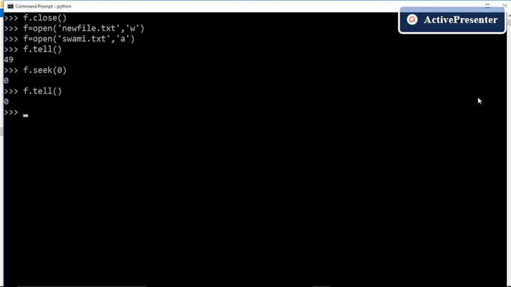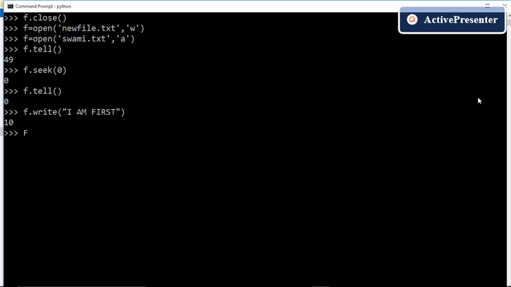Okay, it is showing that the read write pointer is now pointing to location 0, that is at the beginning of the file. Okay, let us perform the write operation. If I perform the write operation, it is showing that 10 characters have been written.